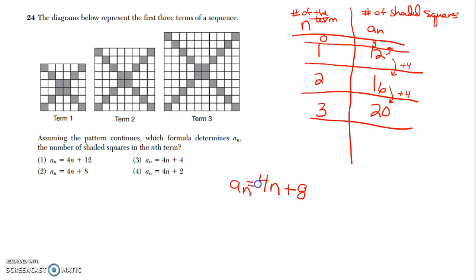I'm going to run out of time, but I can also tell you, you could guess and check this. Plug a 1 in place of n. 4 times 1 plus 8. 4 times 1 is 4 plus 8 is your 12. Plug a 2 in place of n. 4 times 2 plus 8. 4 times 2 is 8 plus 8 is 16. Plug a 3 in